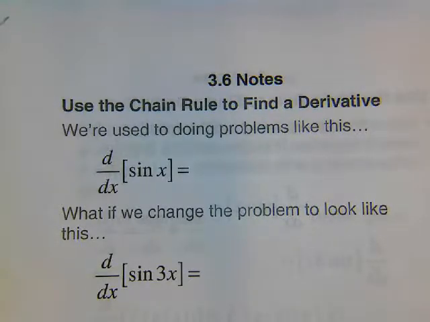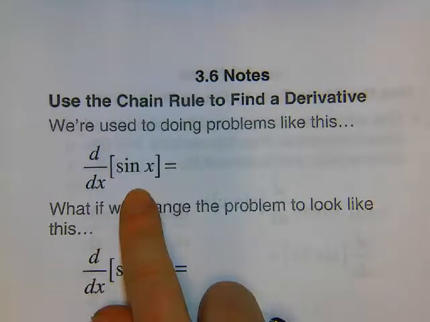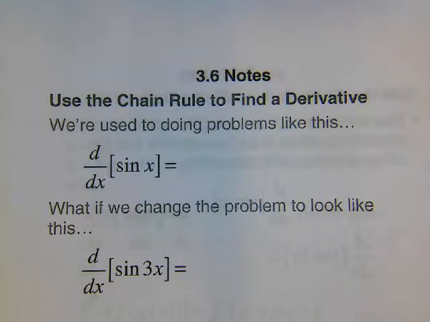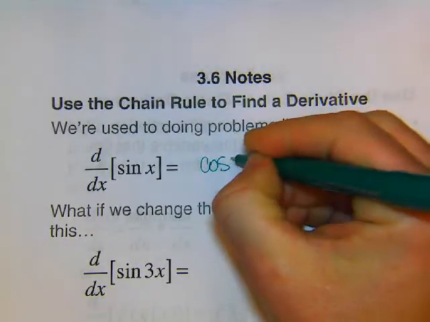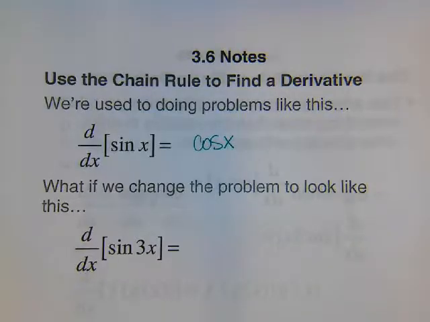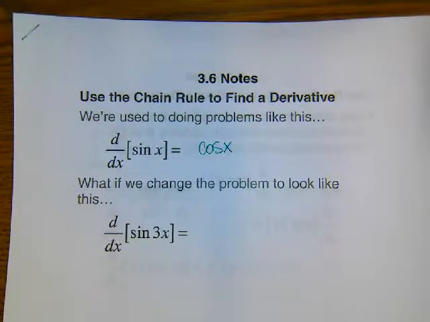So we are used to doing problems like this. What's the derivative of sine of x? Cosine of x. What if we change the problem to look like this, though? So we kind of have two things going on here. We have the sine function, but we also have the function 3x, because we're putting the function 3x inside there,